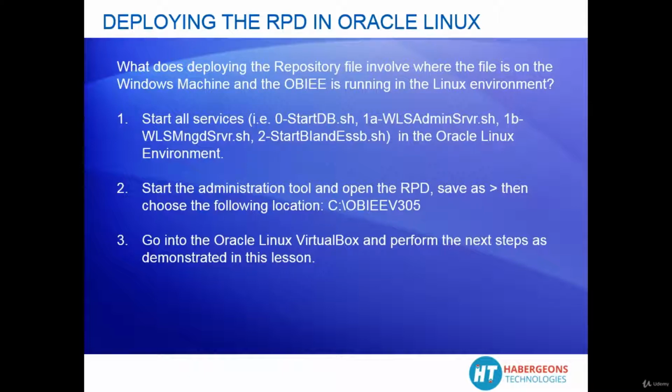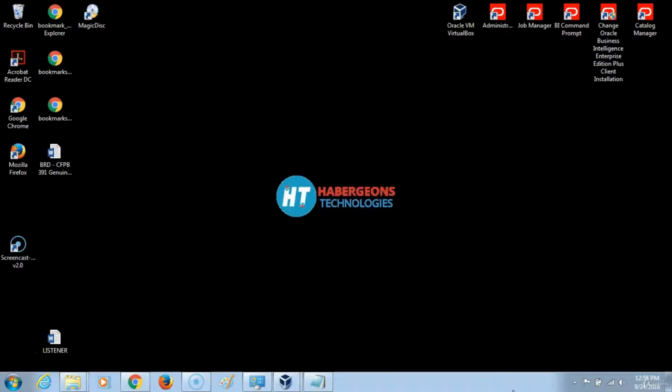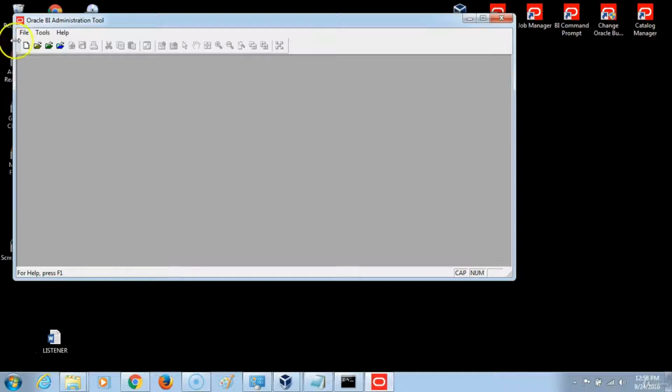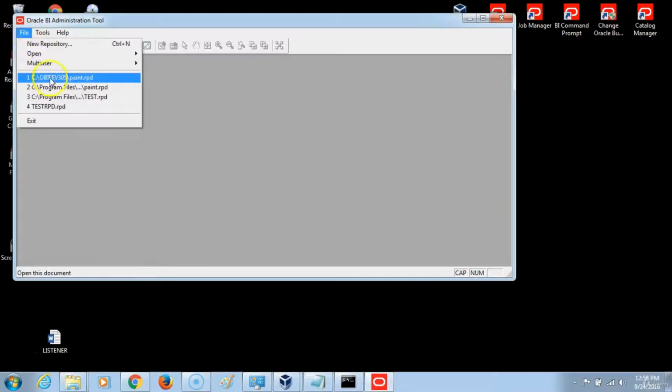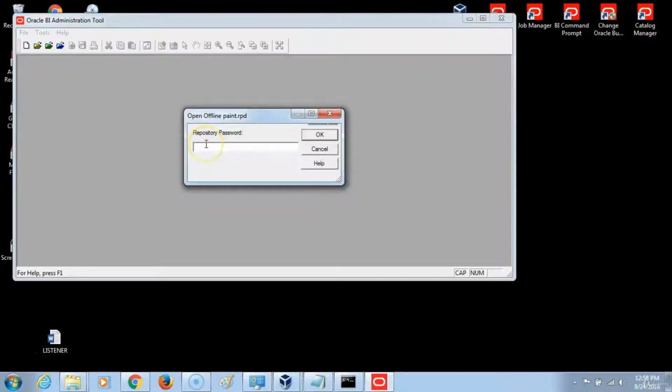The next thing that you have to do is, while on the Windows environment, you have to open your RPD file and save a copy of the RPD file from the default location into your C drive, OBIEE V305 or V507, depending on which version you downloaded. To get started, open your administration tool, then open your paint.rpd,